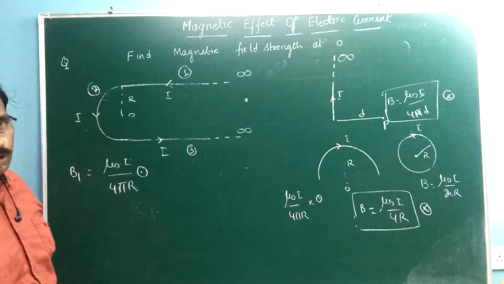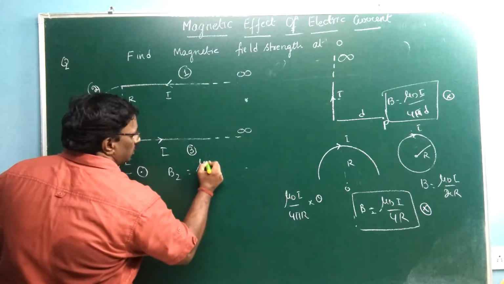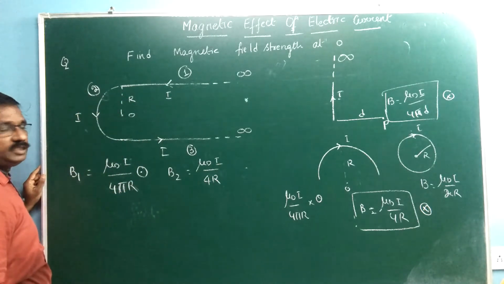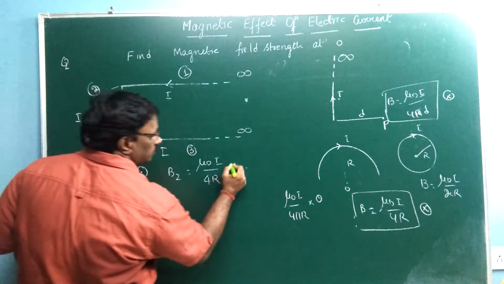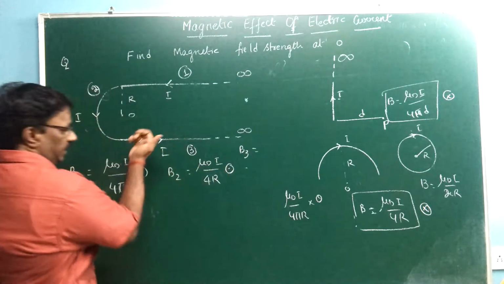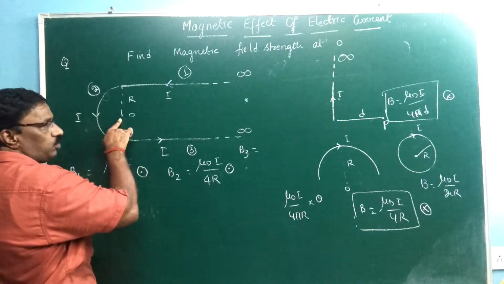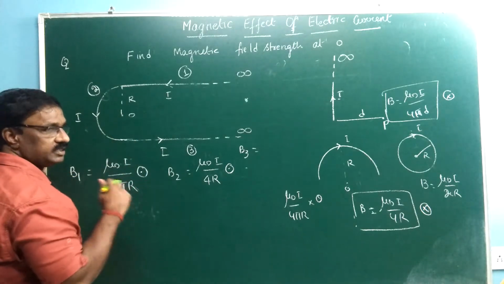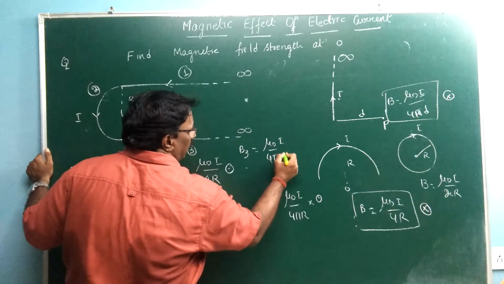Coming to this, is it a full circle coil? No, it is only a semicircle. So the formula is B2 equal to mu naught I by 4R. Direction: anti-clockwise, so it is out. Out means towards you. And B3: above it is out and below it is into. You want to find it at O. It is out. And it is a straight conductor, and the point is at one end. What do we call it? A semi-infinite wire. So the formula becomes mu naught I by 4 pi R.